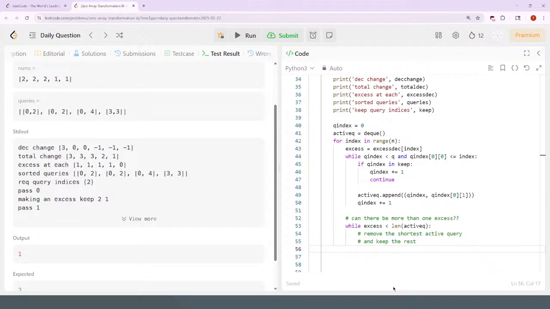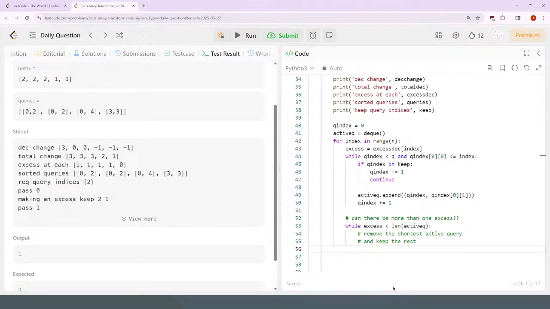So let's say the excess is just 1. If the excess is just 1, then I should only have 1 query. And the excess is 2, then I should have 2 queries. Okay, so let's say that the excess there was 1,